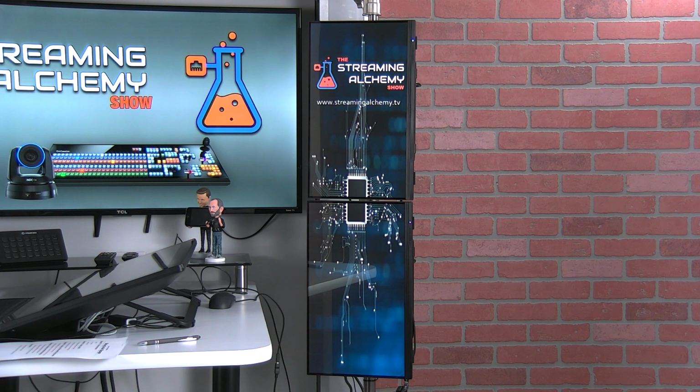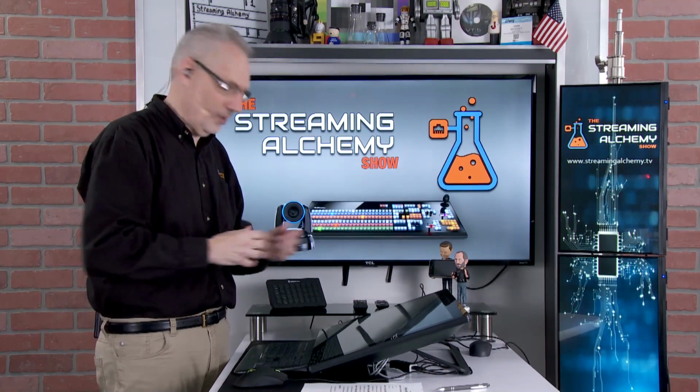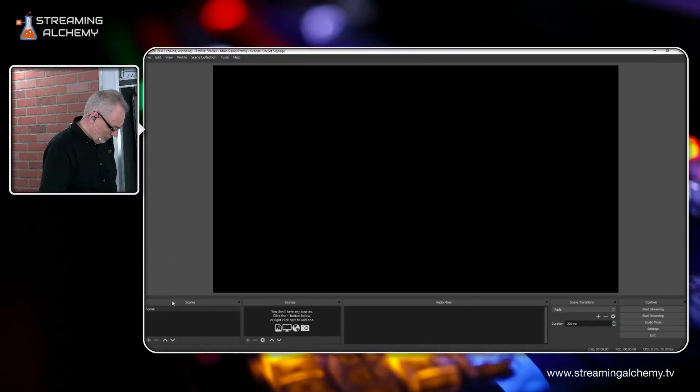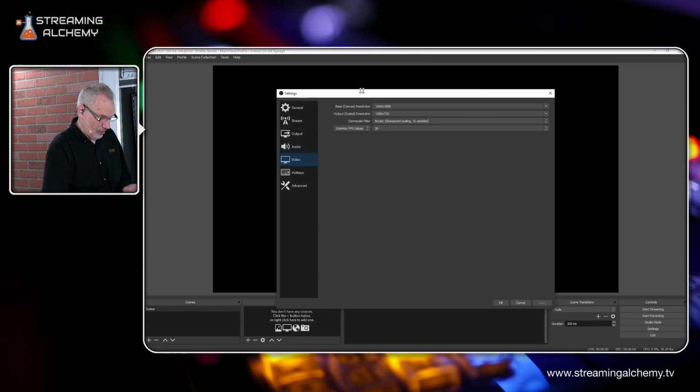So if we switch over and look at OBS, which is what we're going to be using to set this up for this case, what I need to do here is create a profile, basically in settings, that describes this aspect ratio. And that's one of the cool things about OBS. It actually lets you do these types of odd aspect ratio configurations. So if I say here, it's going to be 1080 by 3840. So with that, and I apply that,